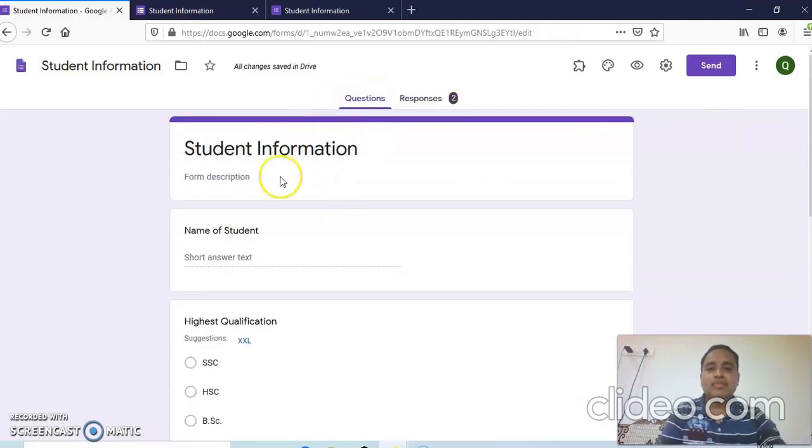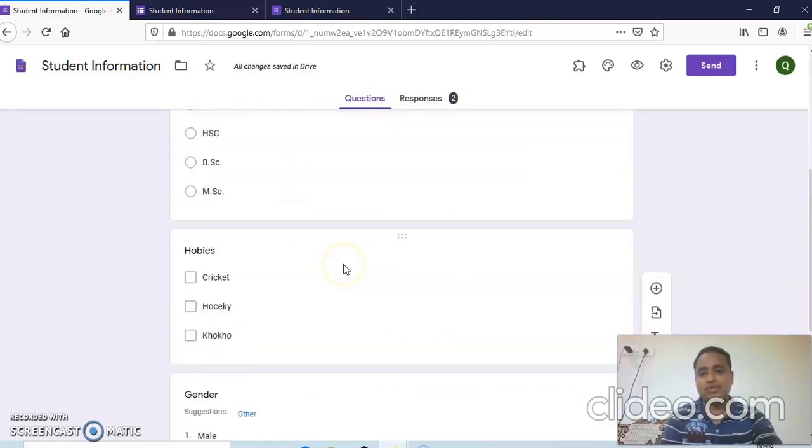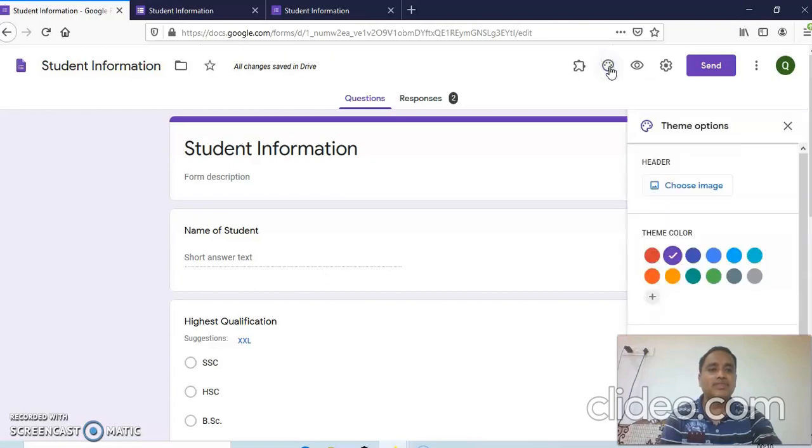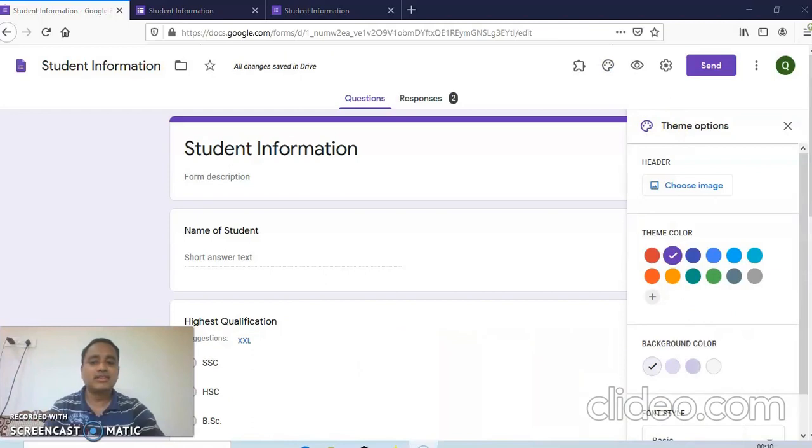Now here, if you want to decorate this form, then you have to go for this option. That is called customize theme. Now you have to click this customize theme. Once you have customized this, see how it will look.